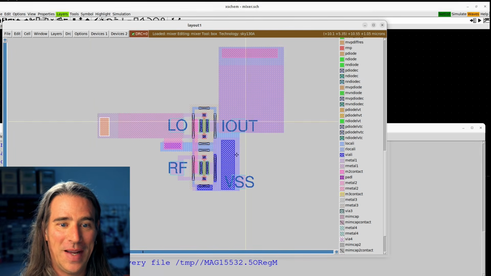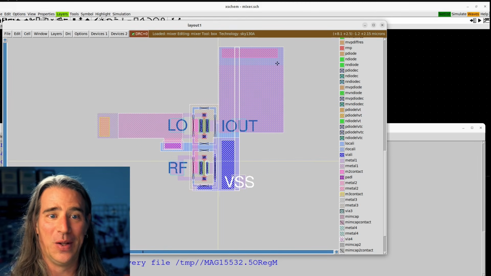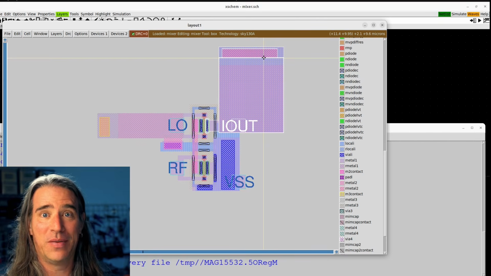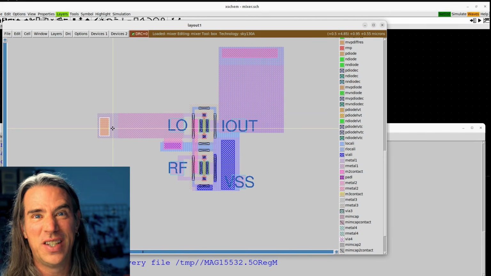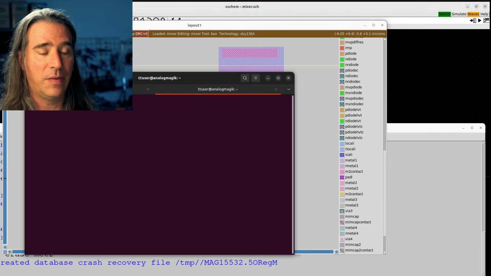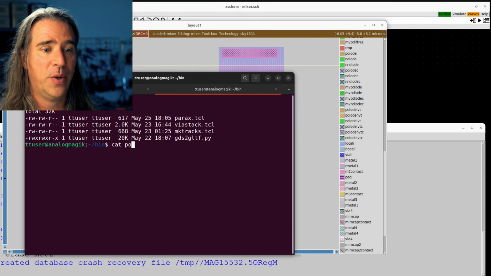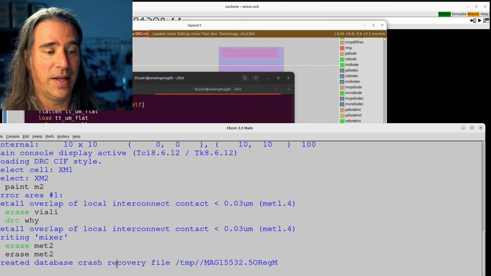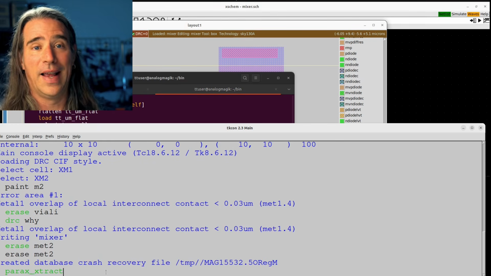Okay, so I made these giant things here. VSS is basically connected to a bunch of metal, and the I out is above one side of it, and the LO is above the other. So this should give us some decent capacitance here. If I want to do parasitic extraction, in essence, I have to do some voodoo. And so if I basically look at this, this is the voodoo. But the point is, I made it so that I can just do parax extract, and then